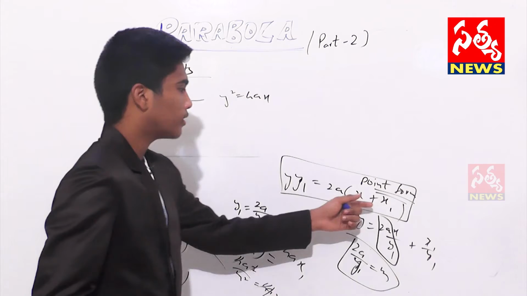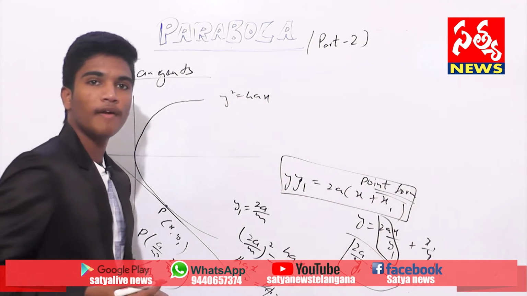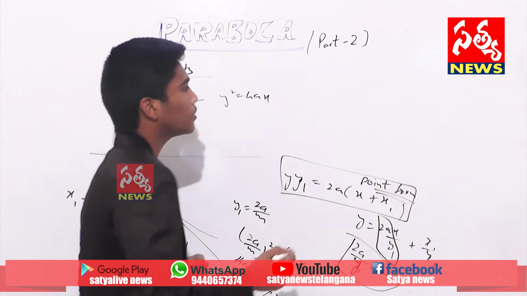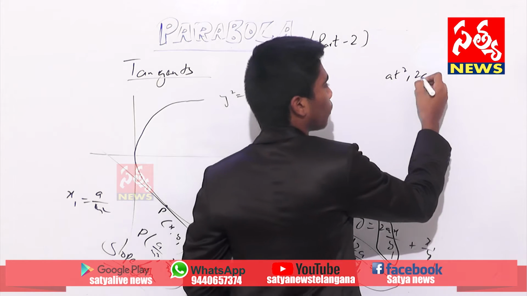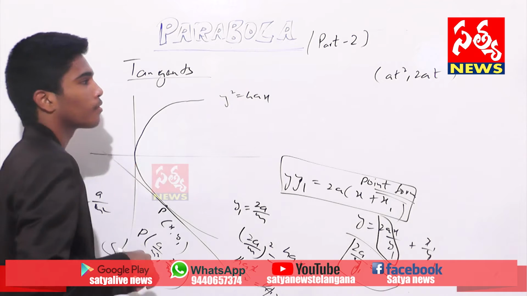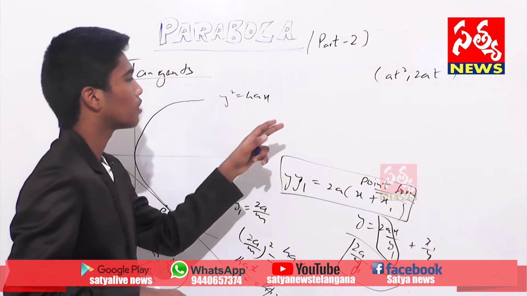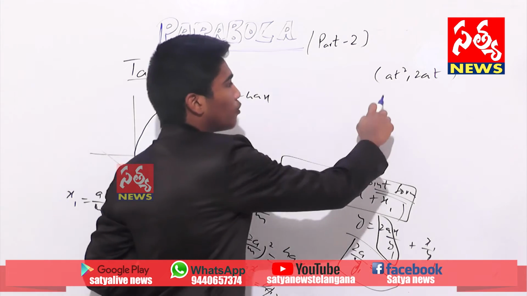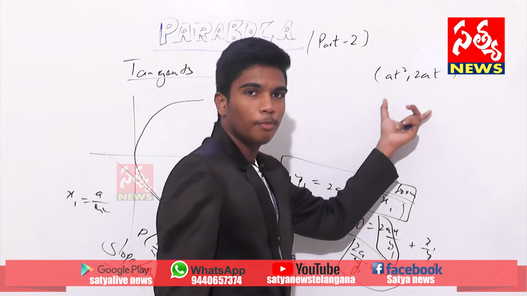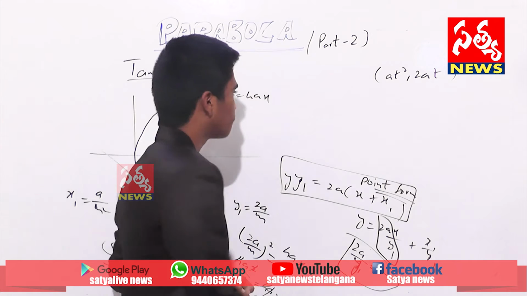This is slope form, this is point form, the next is parametric form. In the first part, we have discussed the parametric representation of a parabola, which is (at², 2at). Okay, these are the points on a parabola in the parametric form. Now, for finding the tangent in parametric form, simply put the values in the equation yy1 equals 2a into (x